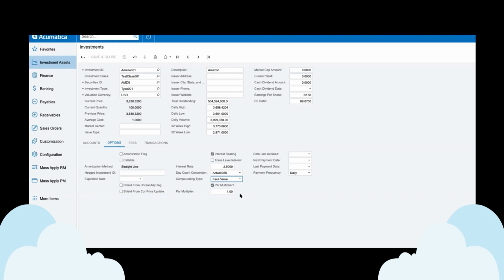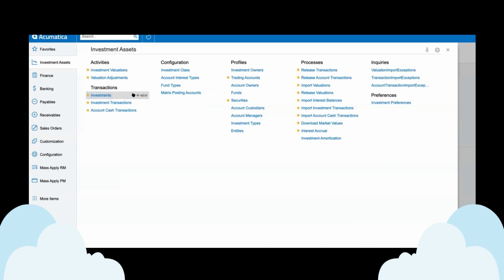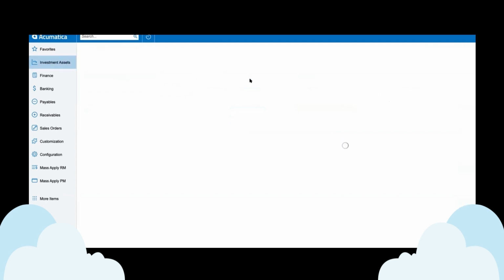If it is interest bearing and has had an accrual, we'll see the date last accrued. We'll also be able to track information regarding activity. So when we do our market value downloads, we can bring down some of the information associated with those market value downloads to update the investment master here as well. All right, so that's one aspect of a holding, is going to be a particular investment within a particular trading